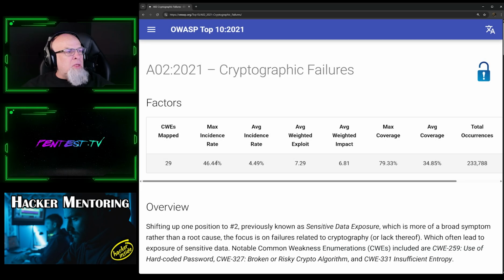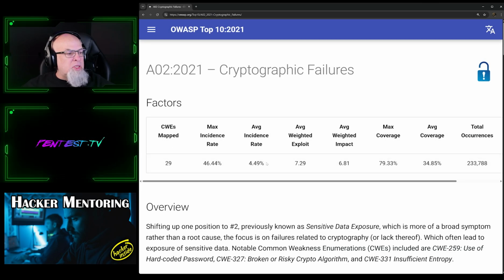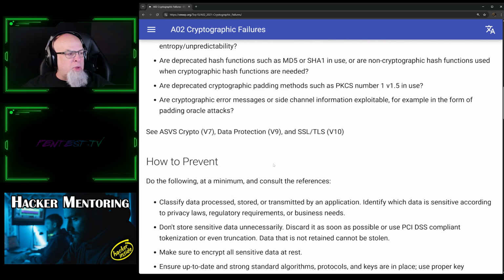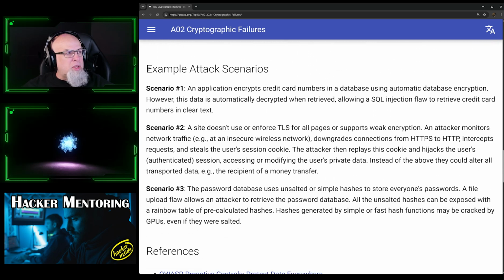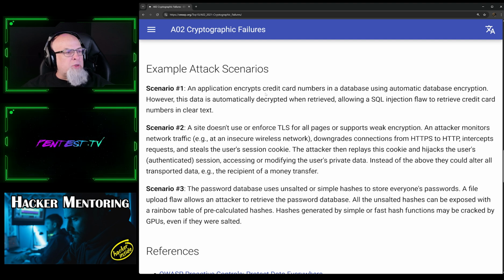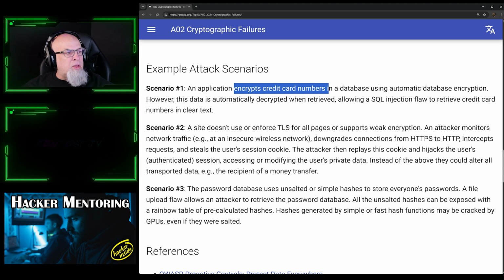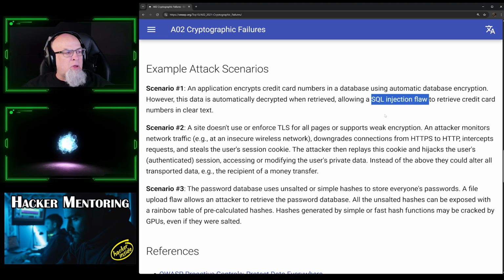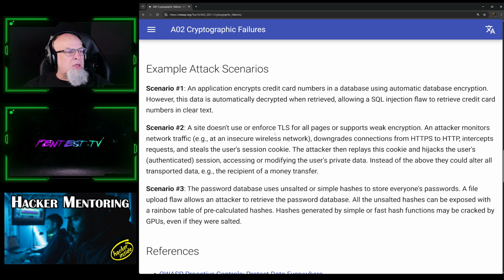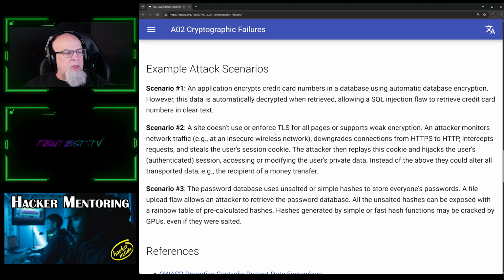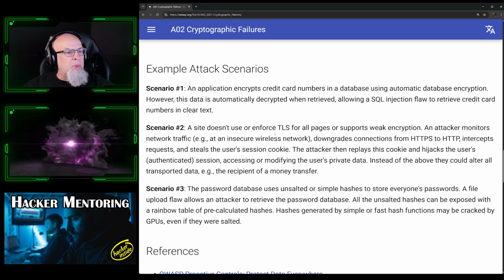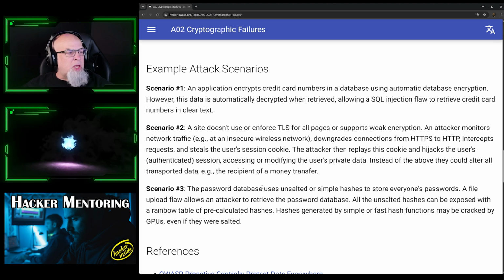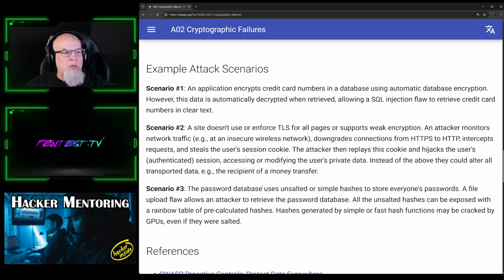If we scroll down in cryptographic failures and take a look at some examples, I want to go all the way to the very bottom and take a look at their example attack scenarios. The first one is that an application encrypts credit card numbers, but the data is automatically decrypted when retrieved. So basically we're looking at a SQL injection flaw. The second scenario is that the site doesn't use or enforce TLS, which is a security suite. That's the most up-to-date version, and it replaced SSL. And the last one is the password database uses unsalted or simple hashes to store everyone's